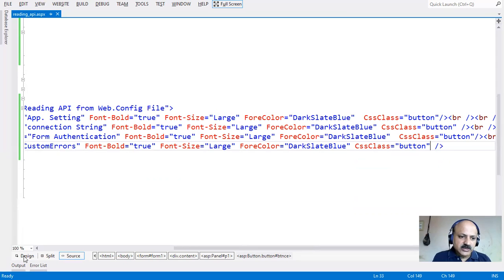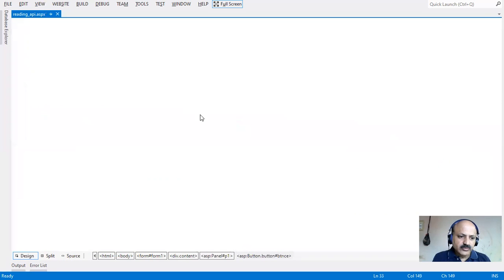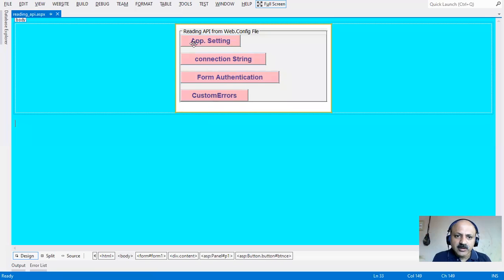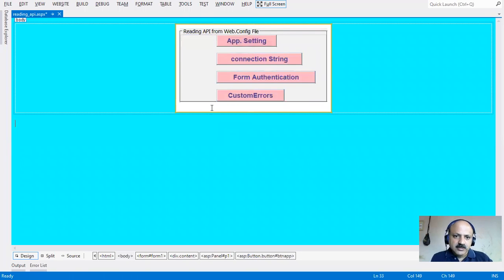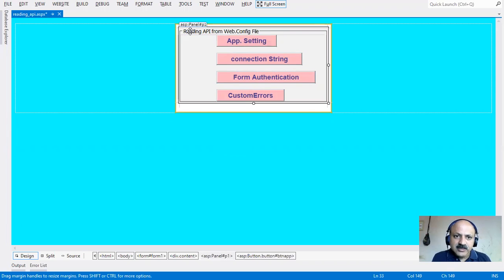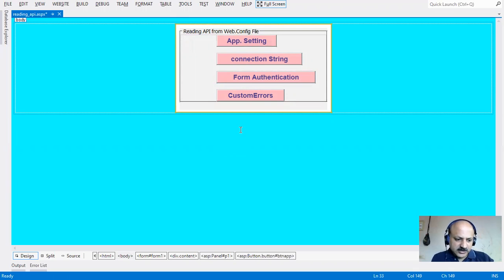So here now, let us check our designing. So yes, all are well. And here I can select, and the left margin I can take as center. So all are center. And then the panel, yes, here is our panel, and I can increase that height. So yes, now it is perfect. So I can save with Control S, and now we can take the application setting